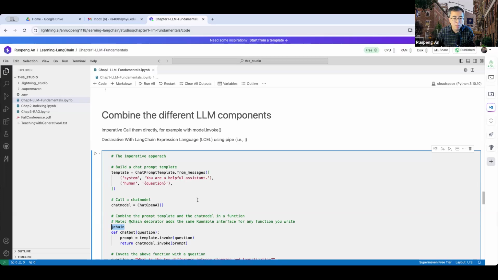So the imperative, I would say, is more of a Pythonic way to build a pipeline. It is explicit. It can deal with complex chains. But the downside is it's a little bit wordy, right? You have to write out this function, one by one, define intermediate outcomes, etc. And so